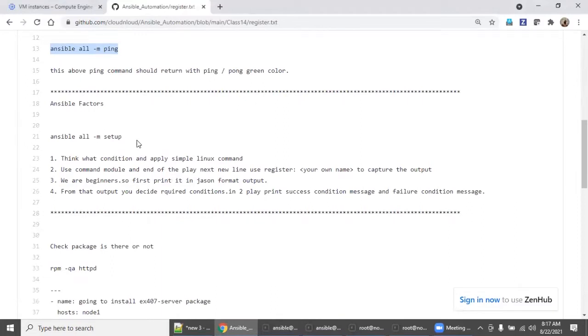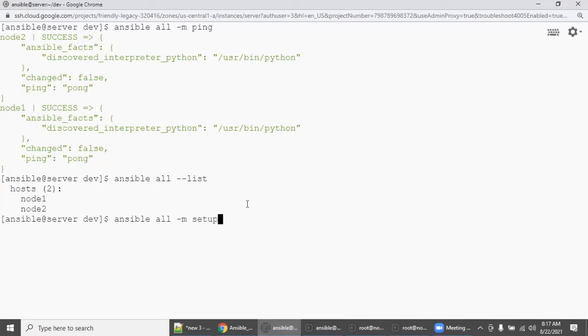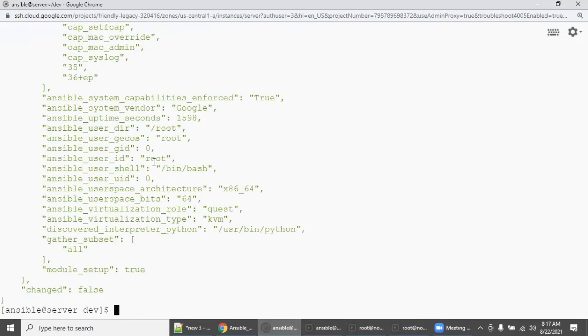We have discussed facts, right? ansible all -m setup gives the already available parameters, right? You can utilize any of the parameters which are already defined.